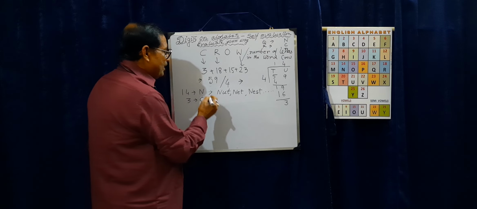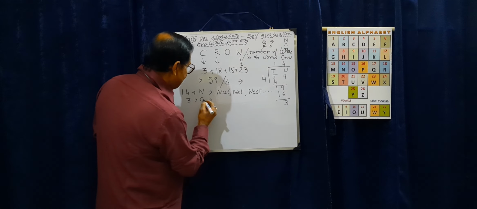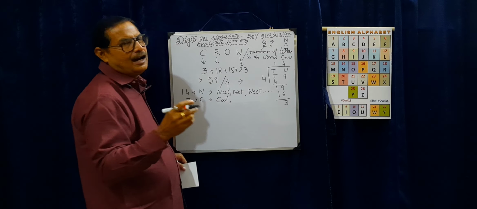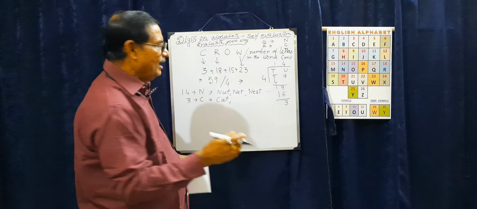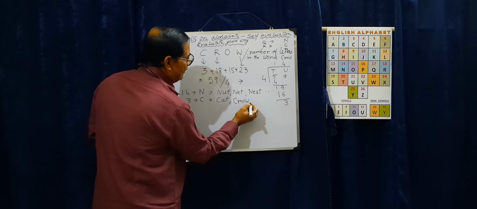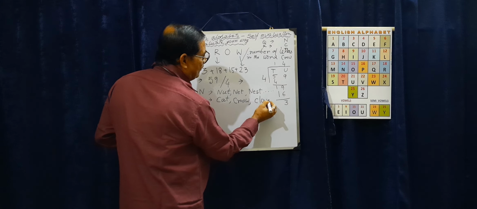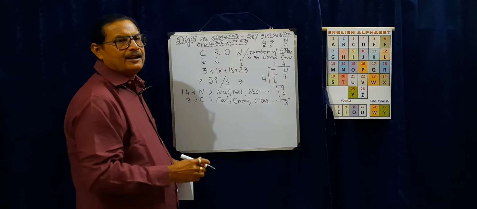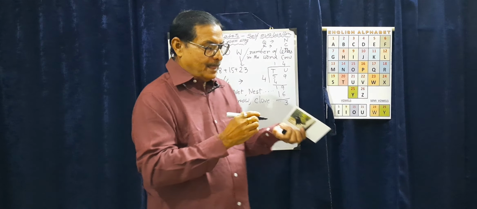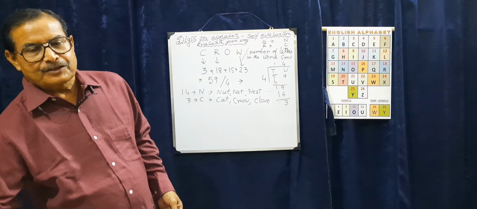Now how many words can we make with this C? Now we can say C for CAT, cat. Now any more? Can you tell? We got it. C for crow, C for clove, and so on. So this much, I hope it is clear. Our loving children, they can do the same thing in the classroom.